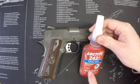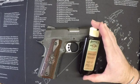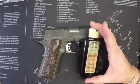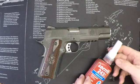The other thing you're going to need is a little bit of Loctite. Now we'll talk about the Loctite, but you're going to need a little bit of Loctite, and you're also going to need some oil. Now I use Hoppe's, but if you have some really light sewing machine oil, that would be even better. So the reason I say that we're going to talk about it is for your Loctite,